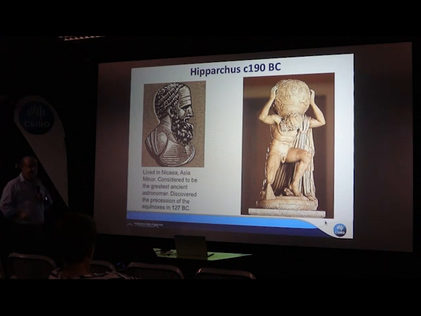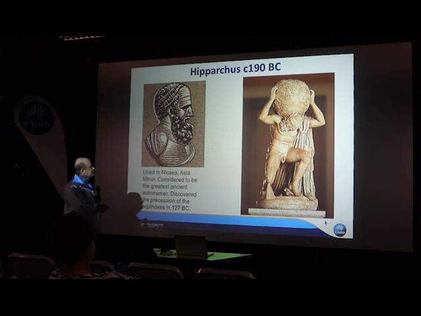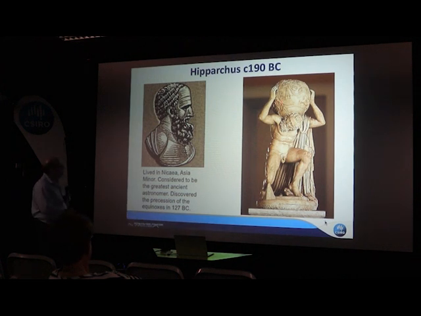It was actually discovered by a Greek astronomer, Hipparchus, who lived in Nicaea in Asia Minor, and he's considered to be the greatest astronomer of antiquity. A few months ago, when Les gave his talk about the constellations, he showed this picture with the constellations on the shoulders of Atlas. Hipparchus was the one who came up with that star catalogue of the constellations. He also measured the distance to the moon, did many other things, but he was absolutely brilliant.